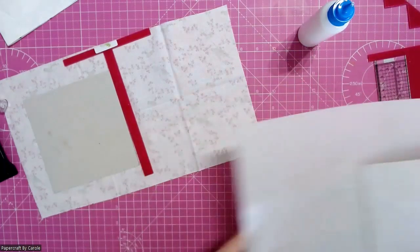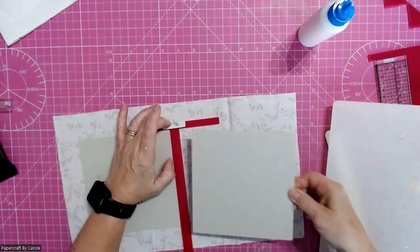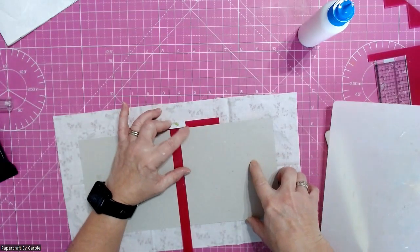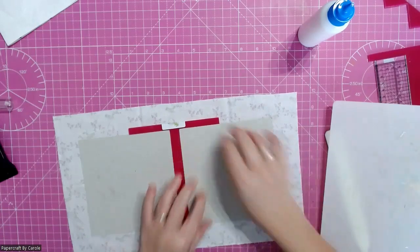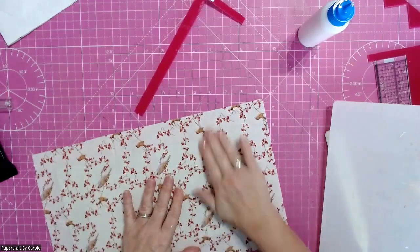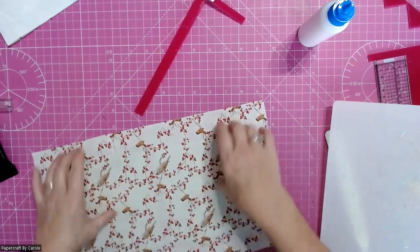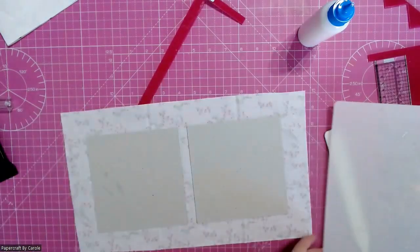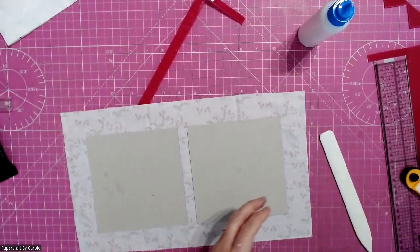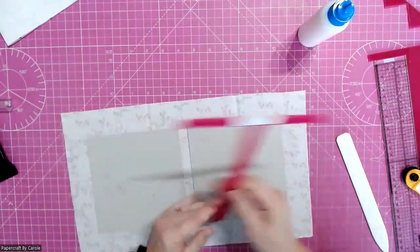Okay, so we put that there, and then this one goes in there, and then we know it's properly lined up. And I am just going to do my whole turn round and make sure we lose the creases in the fabric. Okay, so we now want to